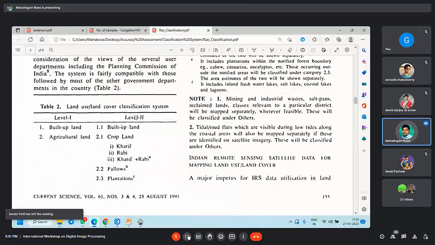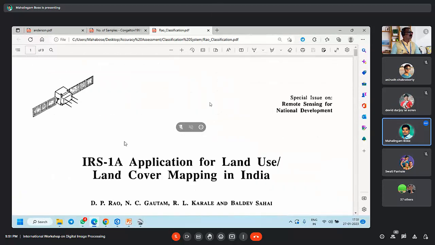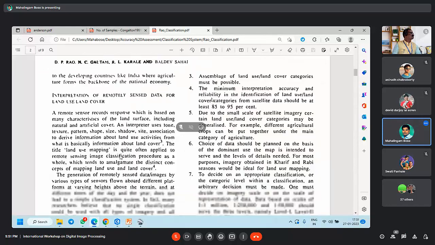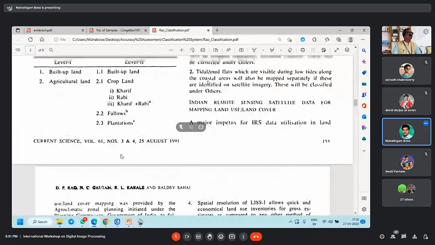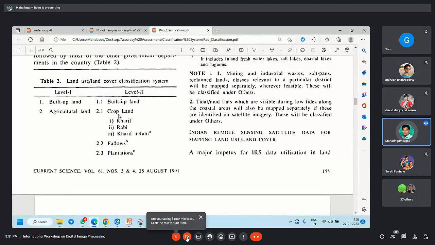So we have level 1 and level 2. In level 1 we have built up. In level 2 also we have built up, right? This is using IRS 1A data, right? In level 2, we have agricultural land, which can be deeper classified as cropland in Kharif, Rabi,